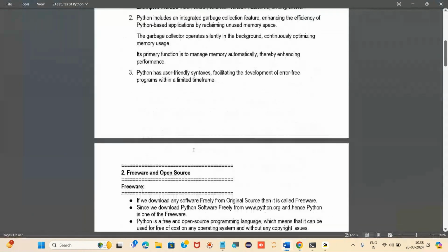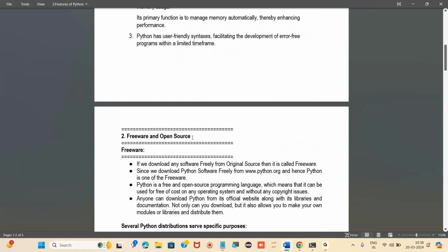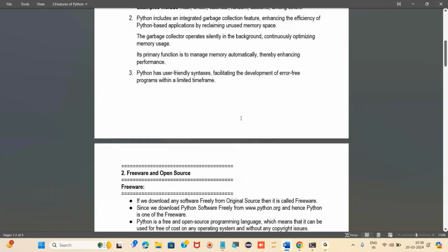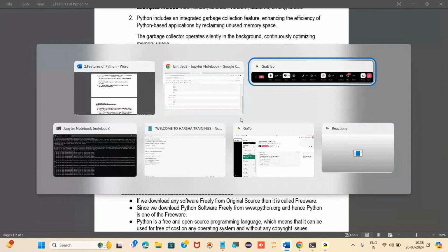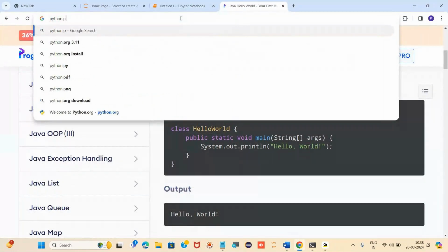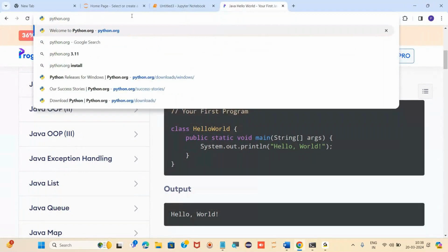Now we'll see the second feature. The second feature is freeware, and it is also known as an open source language. Why is it freeware? If we download any software freely from the original source, then it is called freeware. For example, if I write python.org, that is the official website of Python.